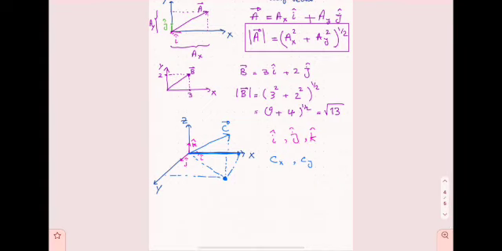So we have cx i hat, and then cy in this direction till here, j hat,